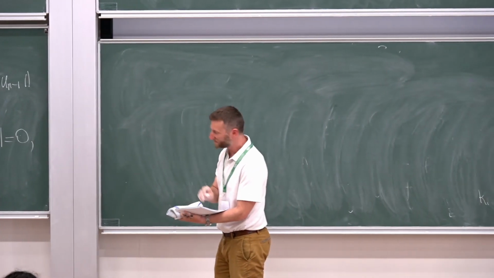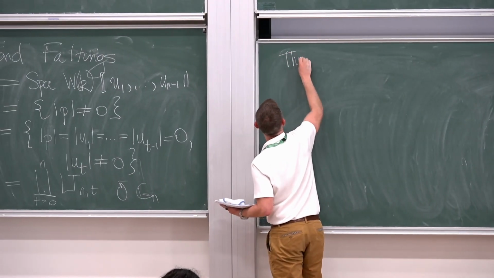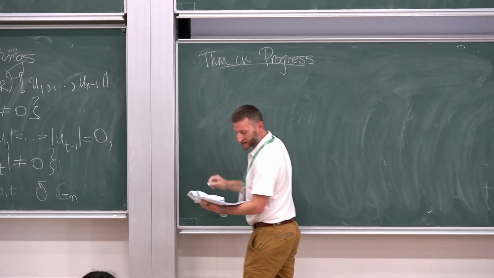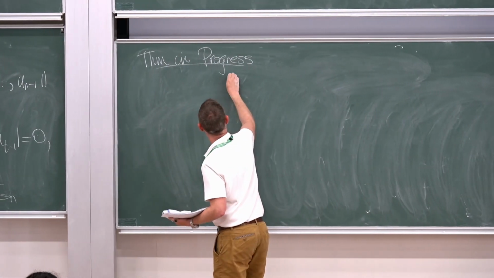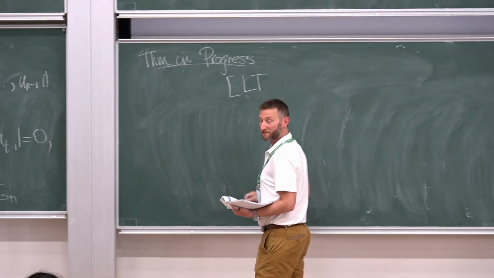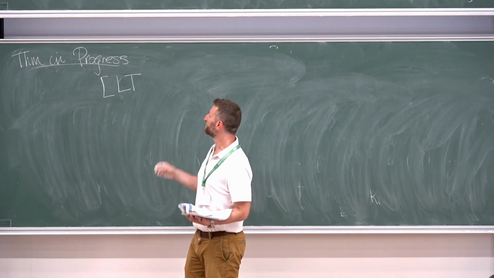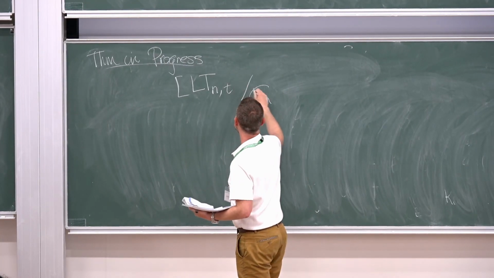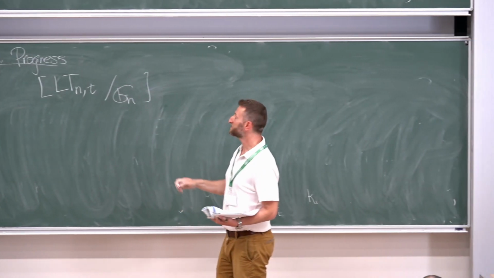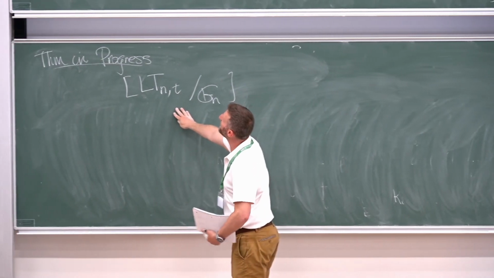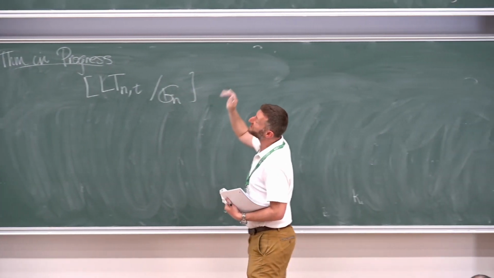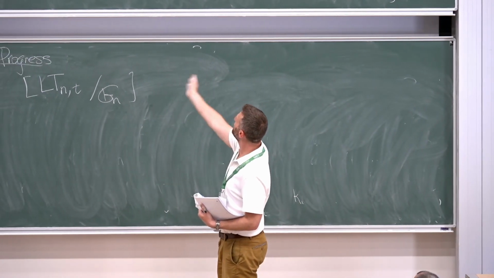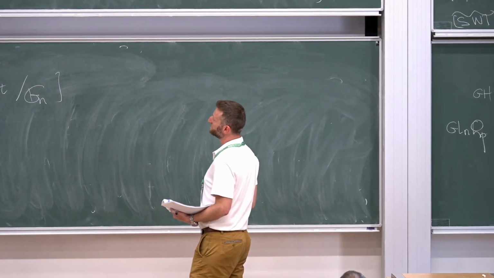So, the theorem in progress that our group is working on has to do with the stack. Okay, I guess you could predict what the left side of the stack is going to be. Because at first we had LTN0 modulo GN, now I just replace the 0 with the T. And so this kind of quotient stack should be related to what's going on the left side of the algebraic BCSC. Somehow you've modded out by those variables and inverted the next one.